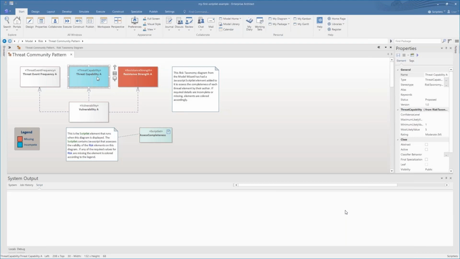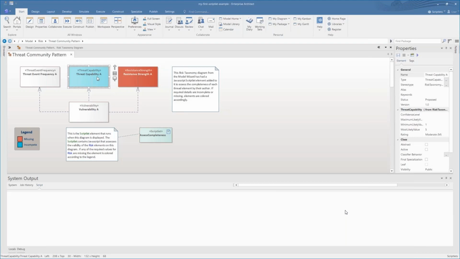If an element on the diagram is red, then it indicates that some of the tagged values for that element are missing. And of course, if the element is blank or white, then we know that it's okay.